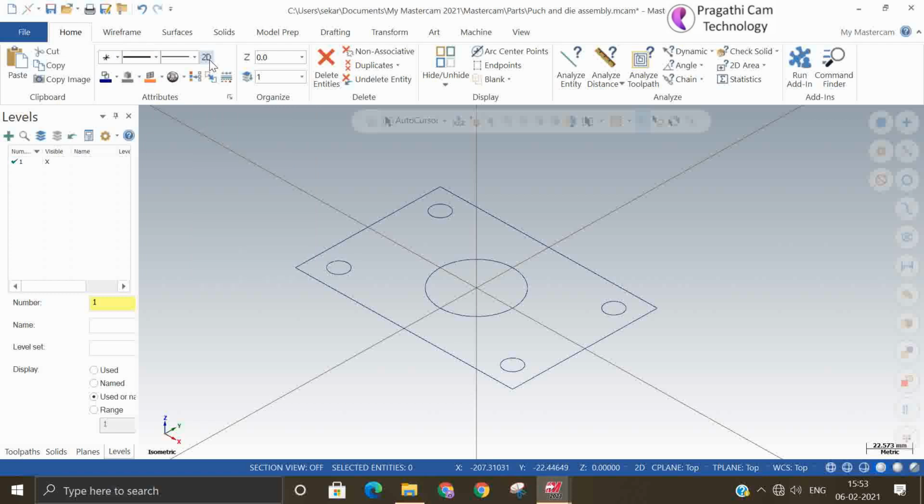You can change the plane 2D, 3D here. The same thing is at the bottom also, 2D, 3D. Both are the same function only. Z depth is also available. You can change the Z depth here, and the same Z depth at the bottom of the screen is also available. Levels you can use.